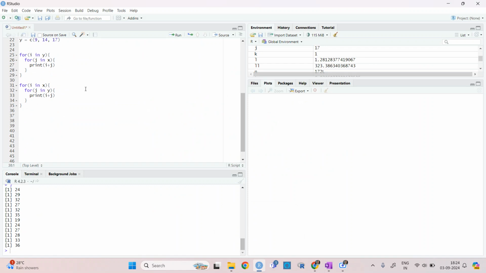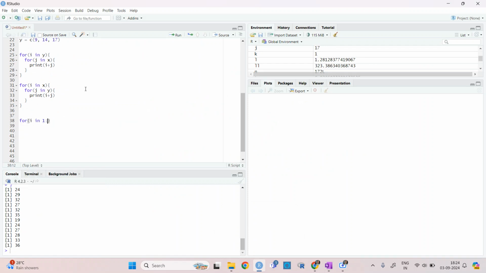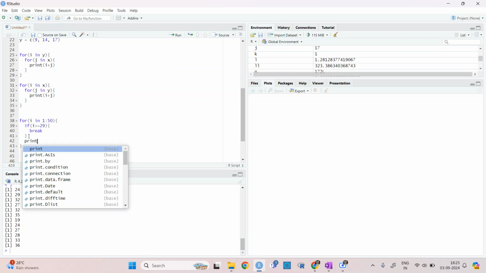So let's say you have for I in 1 to 50, and if I is greater than or equal to 29, break, and then outside print.